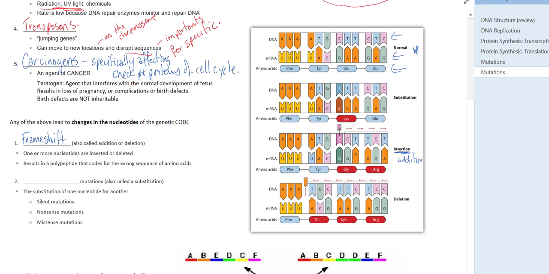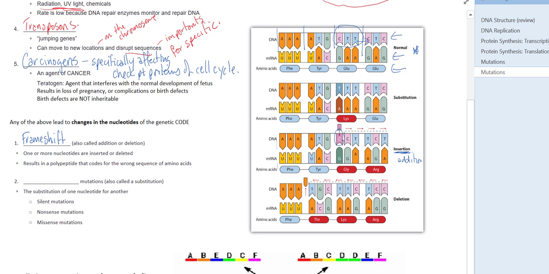What happens here is you're adding an extra nucleotide where it doesn't belong. So in the case of an insertion, if you look back up here, we have CTT. We've added another C, making CCT, which is then pushing this T over into the next set of codons. And what happens here is we now have a frame shift in the reading of our groups of three. So if I go back up here, here we're reading in groups of three. So once that addition